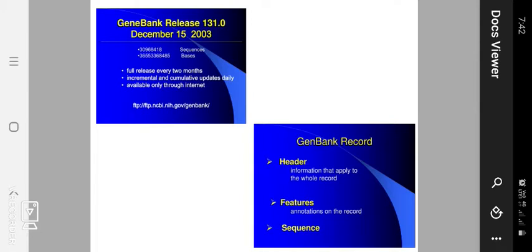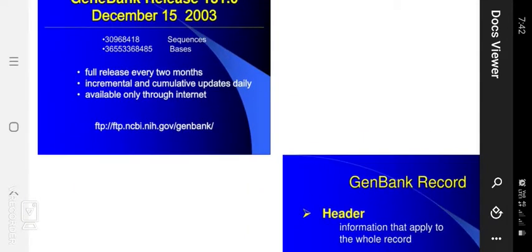From today onwards it covers these kinds of sequences, base pairs, etc. This is the official website of GenBank. It uses FTP, not HTTP. HTTP is a common server protocol, but in bioinformatics the official website uses FTP, file transfer protocol: ftp.ncbi.nih.gov/GenBank. It is the official website.